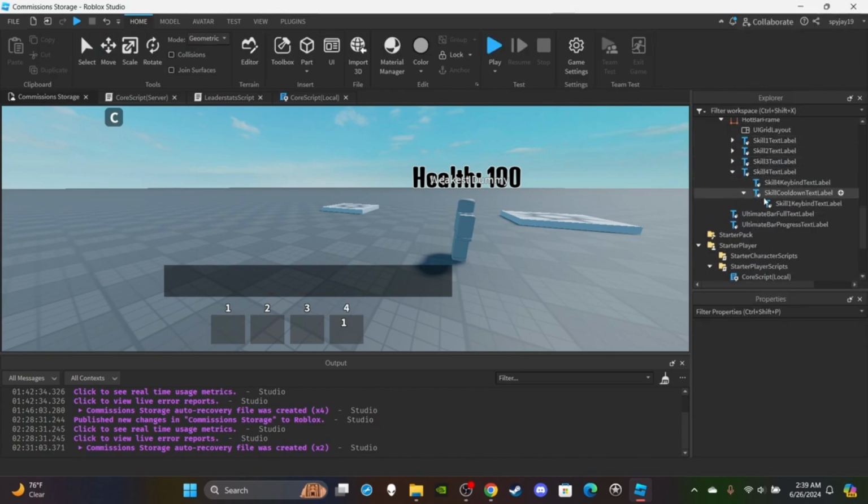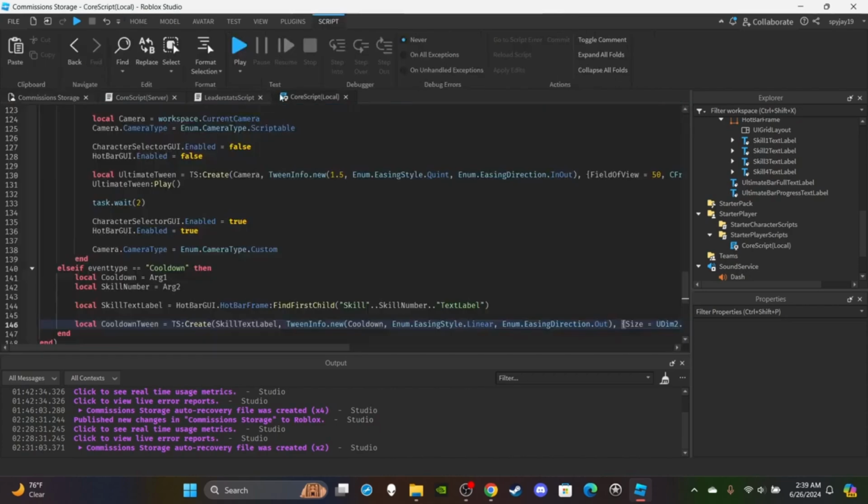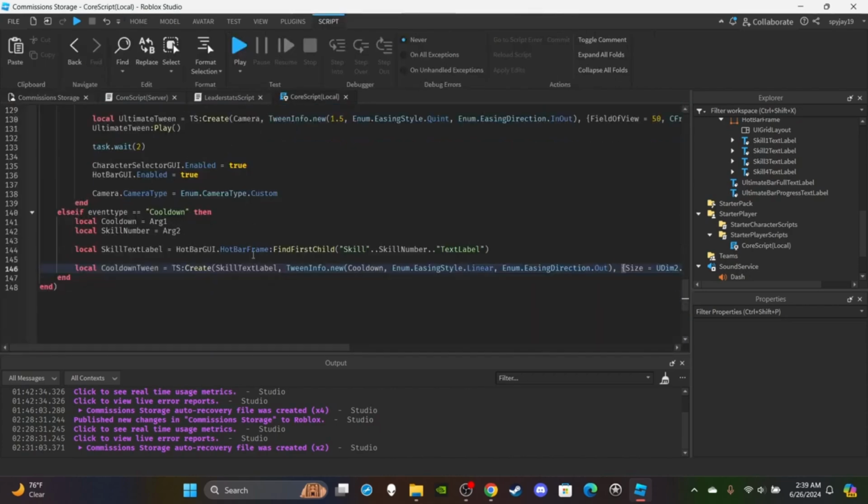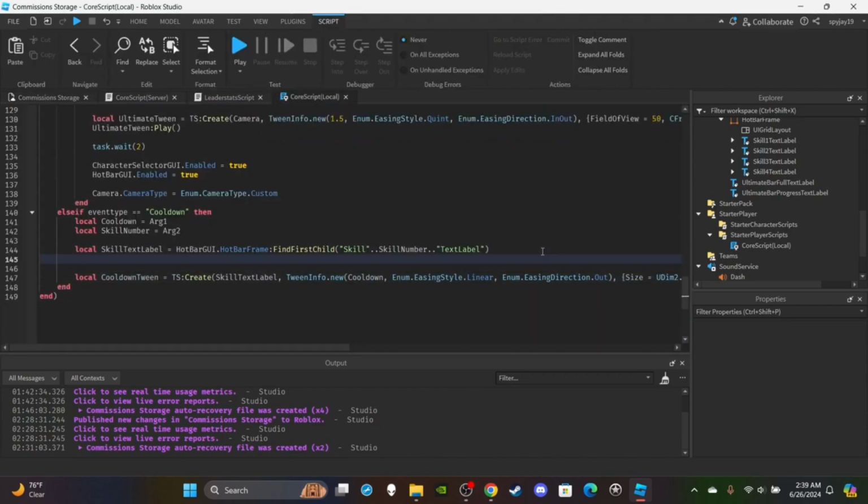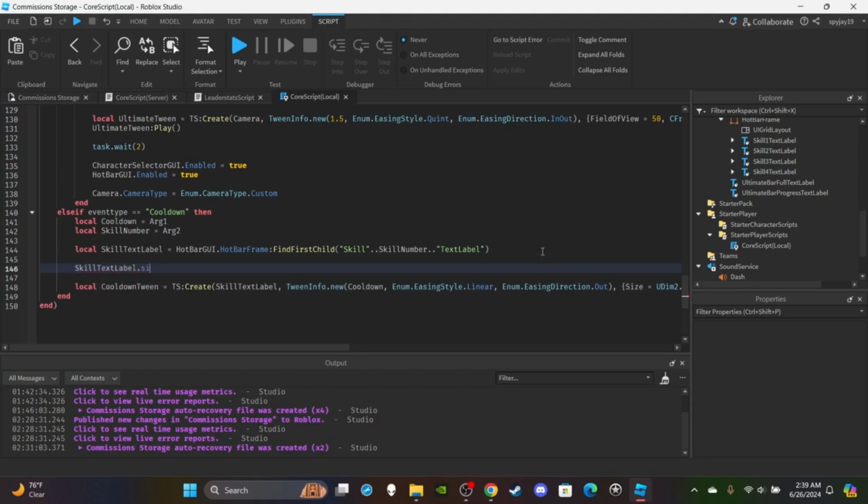So let me do that. Delete that. The keybind inside the cooldown. Okay, so yeah. Then we come back here, right? And we need to set the size before we do the tween. So what we're gonna do is we're gonna say skill text label dot size